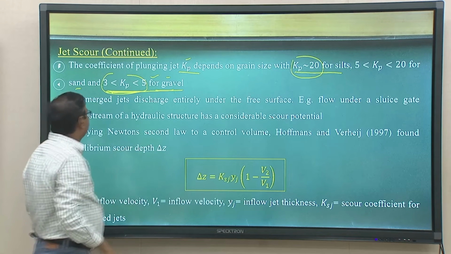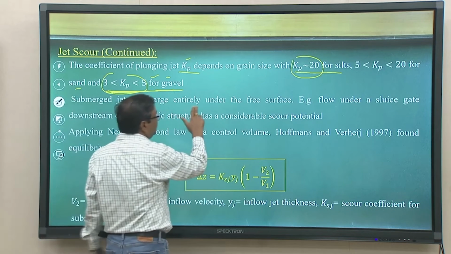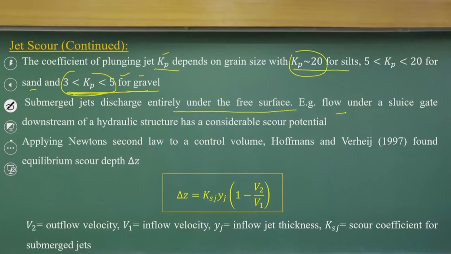That is the reason the submerged jets are entirely under the free surface flow under the sluice gate. So, if you have the sluice gate, you would also have the considerable scouring potentials. Okay, that is what the